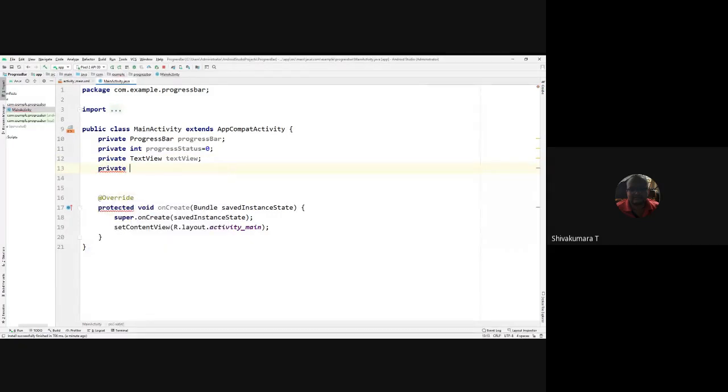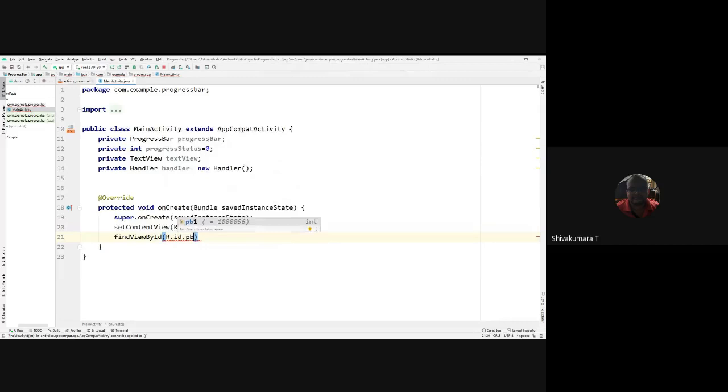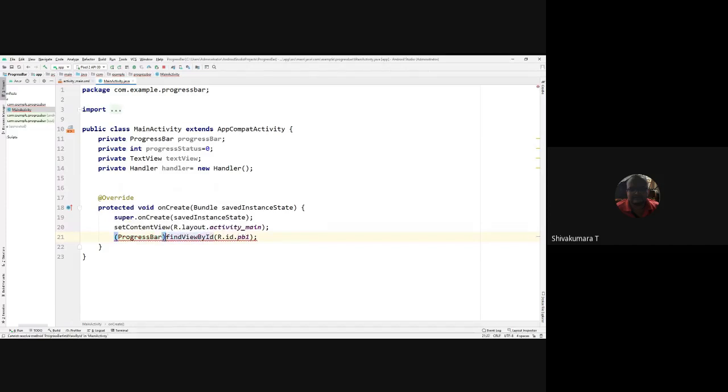Private handler is required. Handler class is required to handle the progress bar. Now identify with find view by id, R.id.pb1 according to our progress bar view.